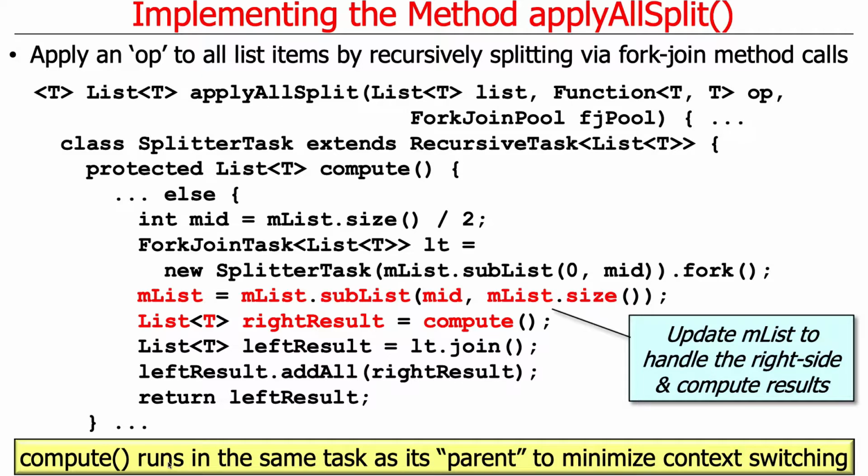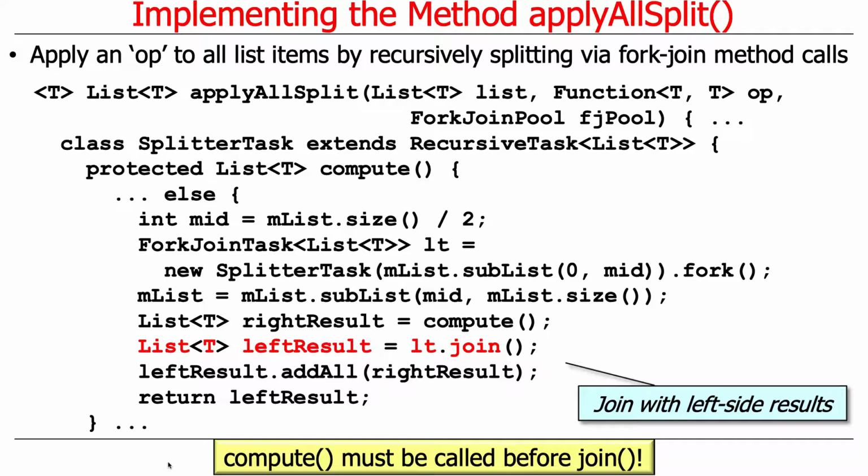So after compute finishes, we've processed the right-hand side of this sublist, and then we're going to go ahead and join with the results. So when we say LT join, that will go ahead and get a list back, which is the left-hand side results from LT. So notice how compute gives us the right-hand side results, and then when that's finished, we go and we join